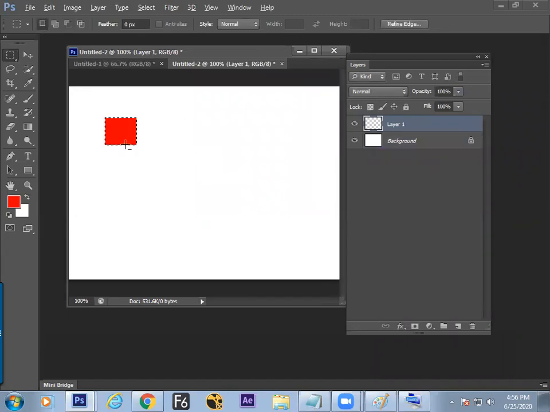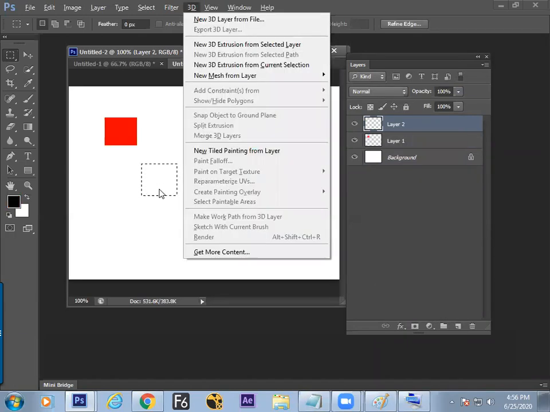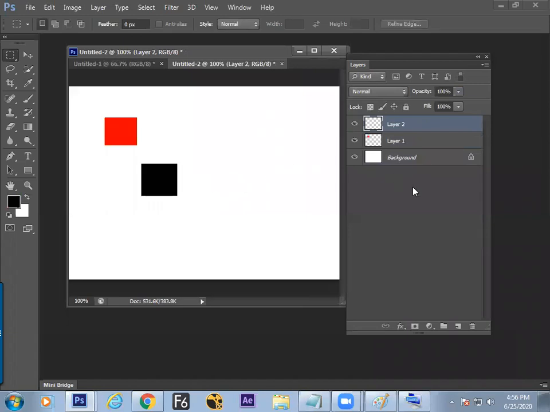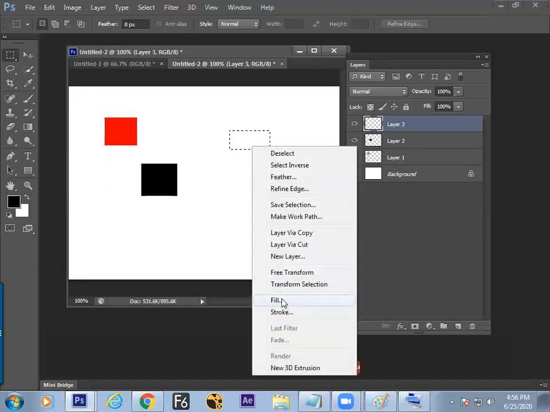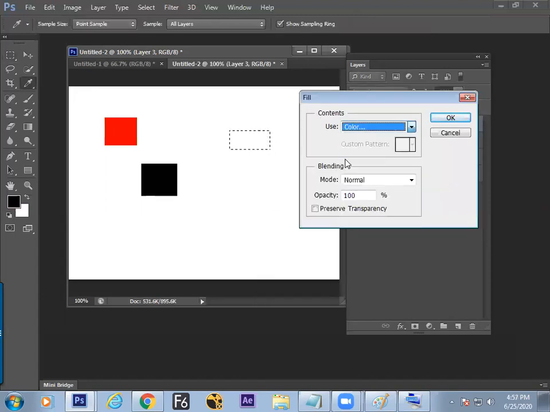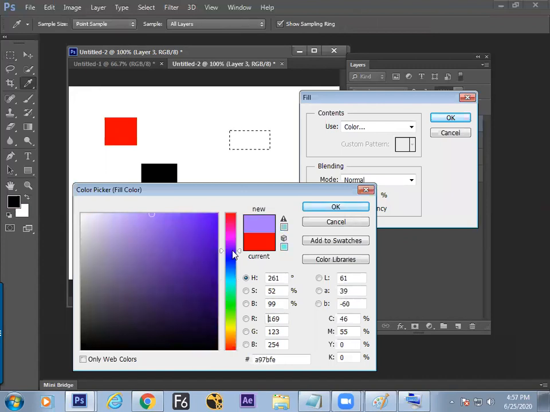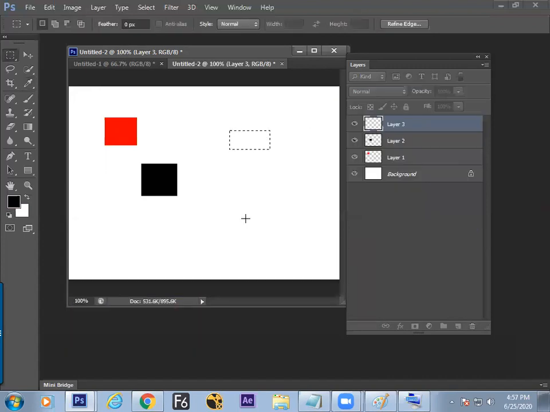One, second, third, with the right click. Fourth.